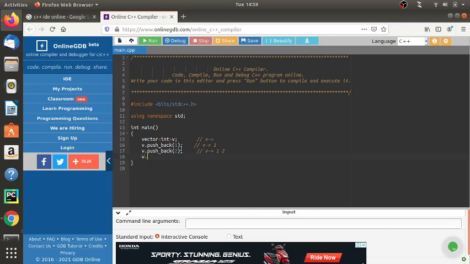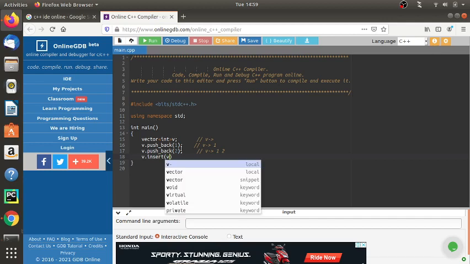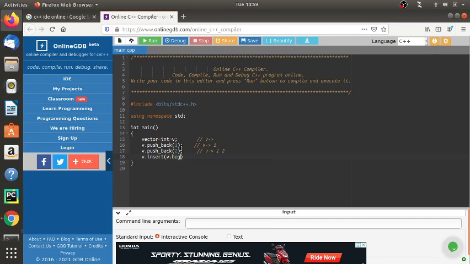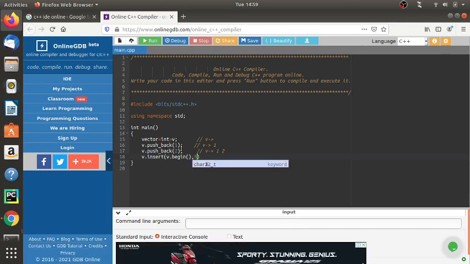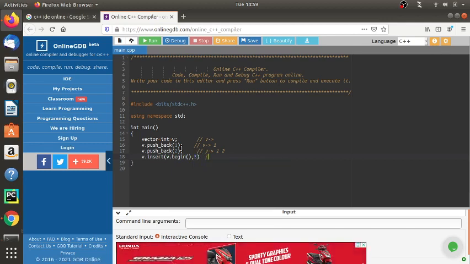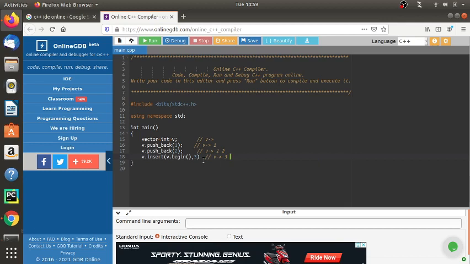If you want to insert an element at the beginning, you can use something like v.insert(v.begin(), 3). So v.begin() is the position at which we want to insert, and then the value. The vector will be 3, then 1, then 2.